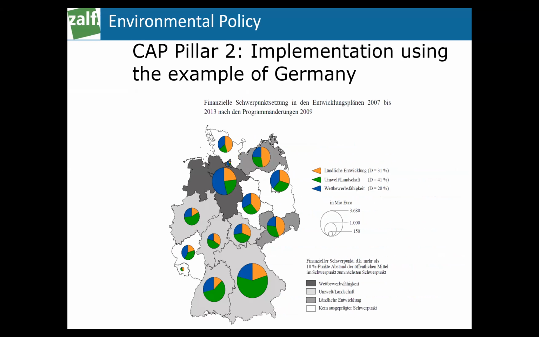Then if we see the overview of these kinds of rural development programs in this Entwicklungsplan, the rural development plan, we see that it differs regionally. That means in this area there is a high production of pork, of pig fattening, with very high competitiveness shares. You see the bubble: the bigger the bubble, the more money is involved. You see a lot of money for competitiveness, exactly in the region of Vechta, etc.